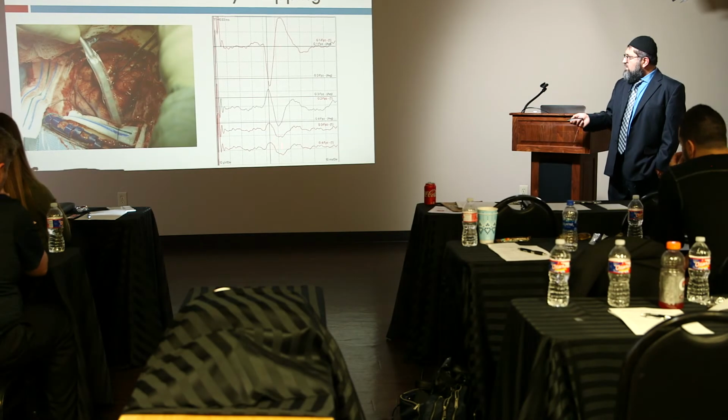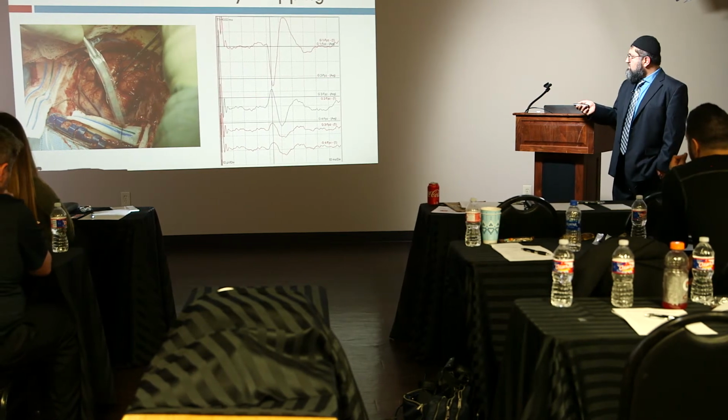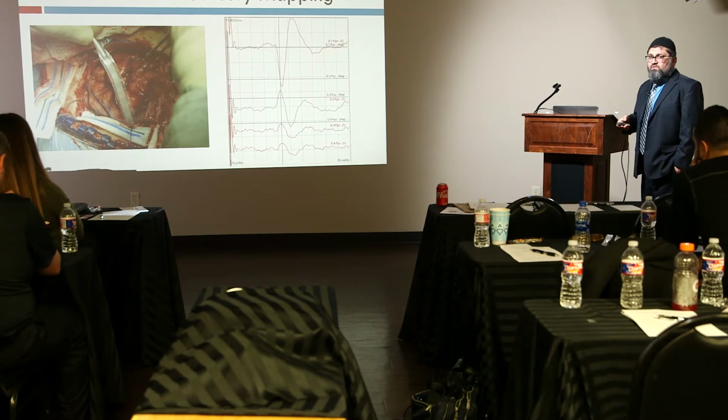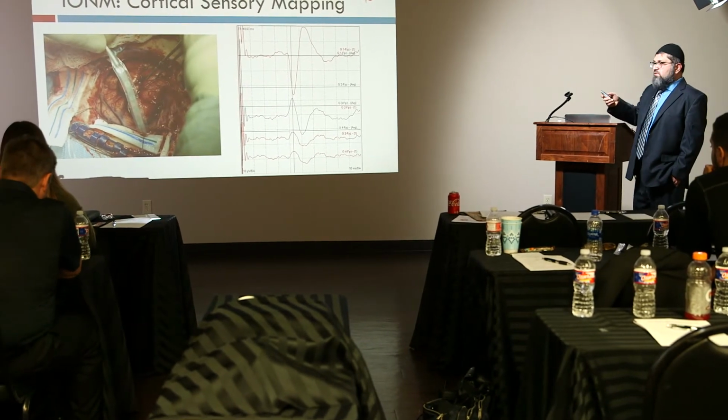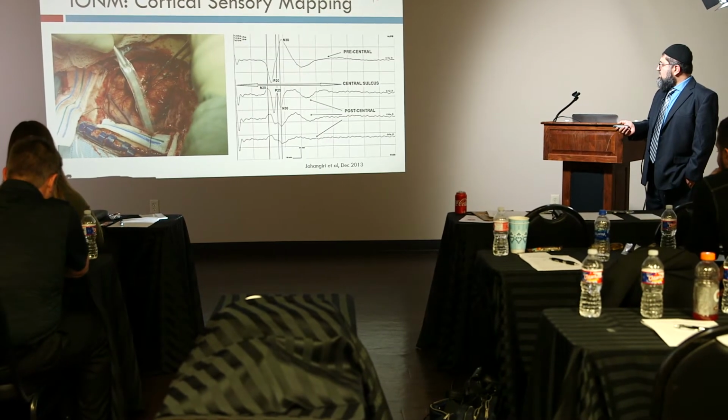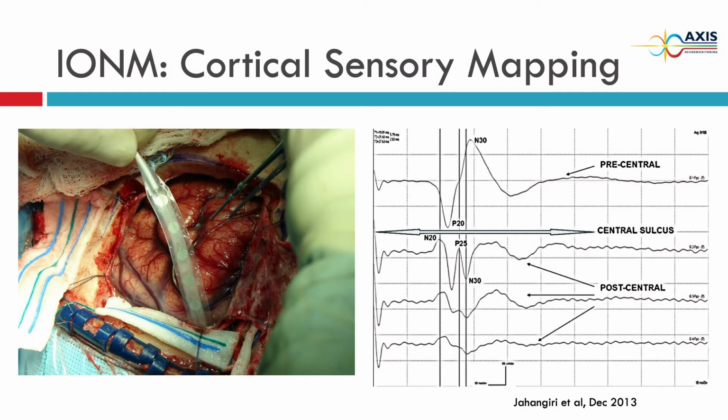The problem with a single-strip grid is that you think the central sulcus is a straight line, which it never is. It's a curved line. So it's better to do a 2 by 4 grid, or have a bigger grid, so you can see how it goes. And this response you can see on regular SSEP.